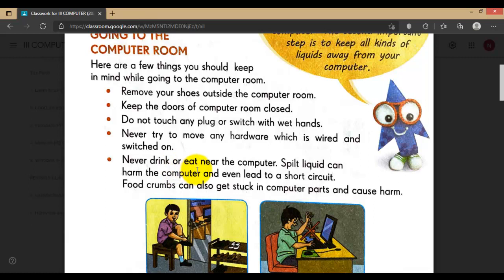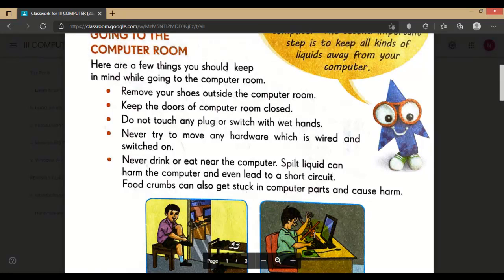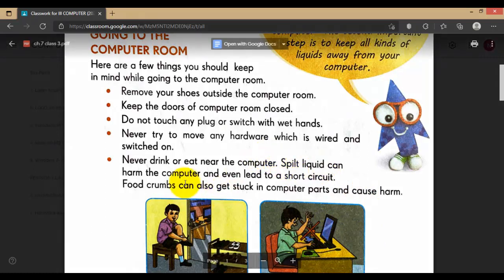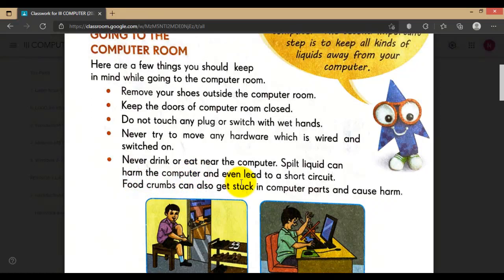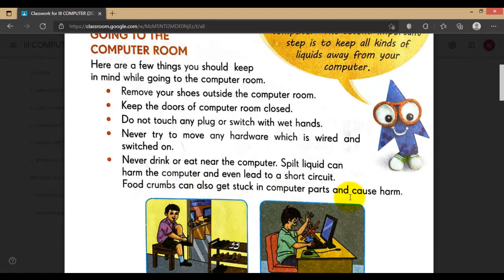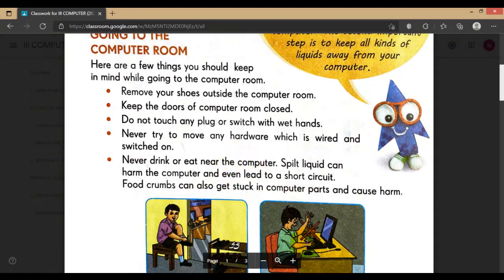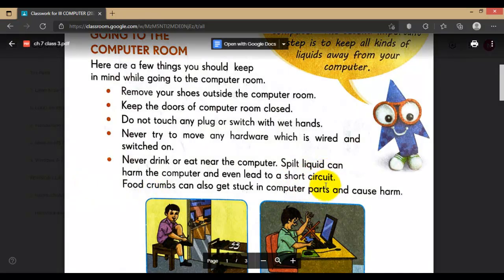Never drink or eat near the computer. So do not eat near the computer or drink coffee or any liquid, as it may spill inside your computer keyboard and all. Spilled liquid can harm the computer and even lead to a short circuit. Food crumbs can also get stuck in the computer parts and cause harm. If you are eating biscuits, the powder may get in, and if you drink juice, it may